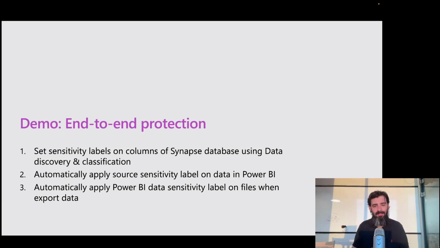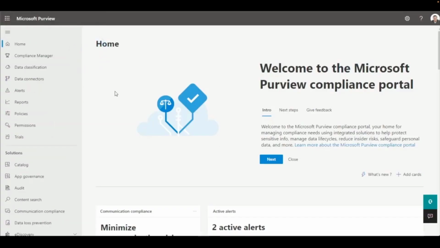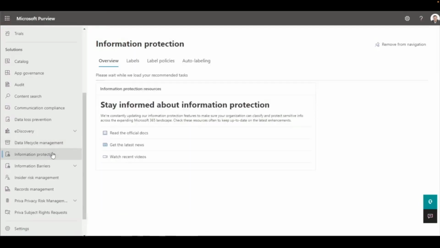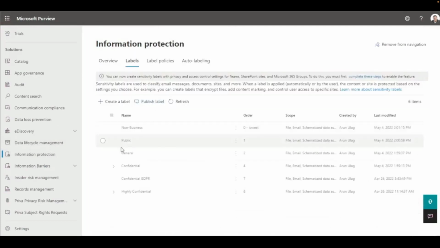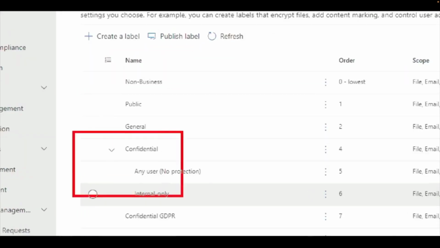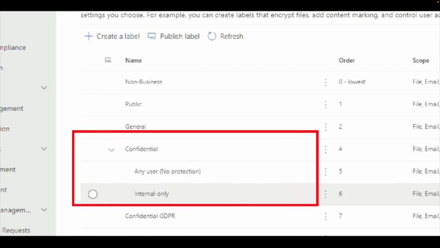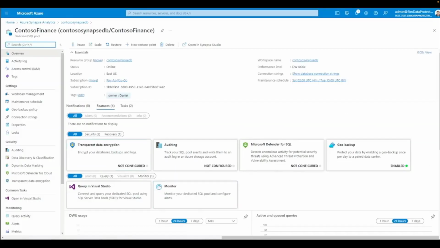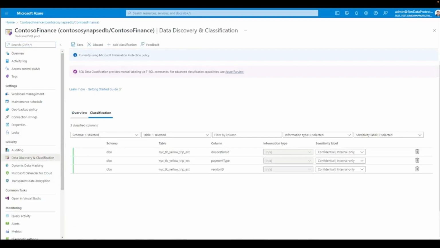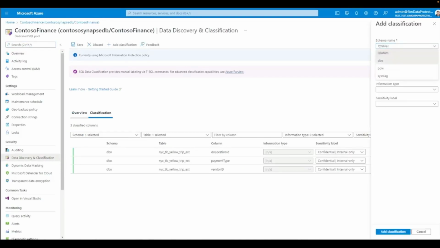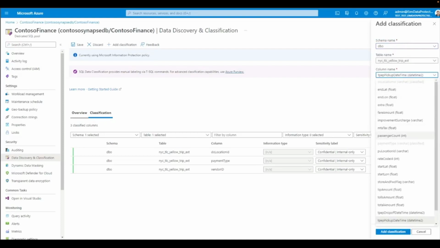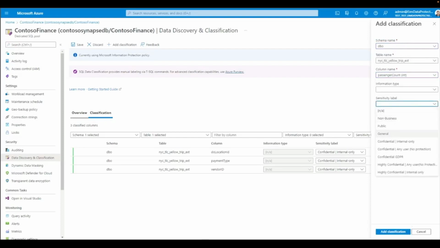Let's check it out. Sensitivity labels can be defined by information protection admins in Microsoft Purview Information Protection and used in Office, Power BI, and Microsoft Purview governance. They can now be applied on sensitive data in Synapse. Here I can see how I can apply the same sensitivity labels I can use in Office on sensitive data